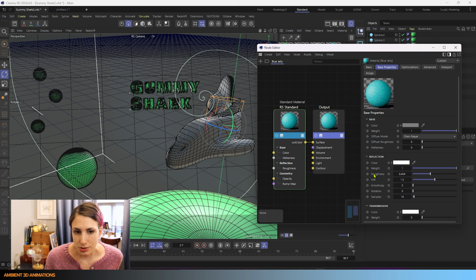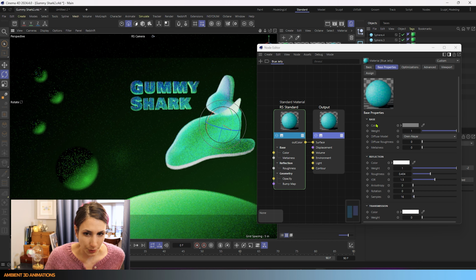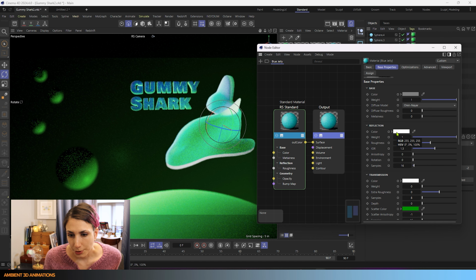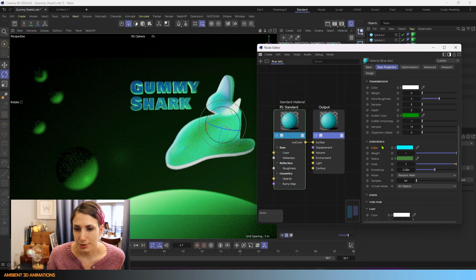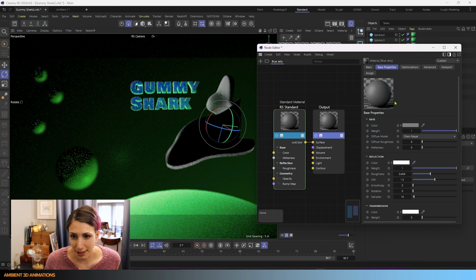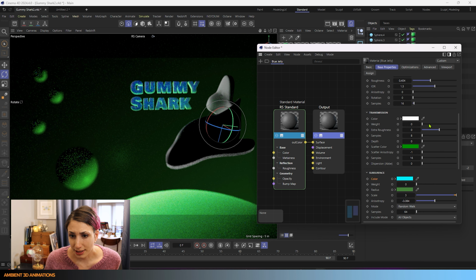Here we are. So we have our diffuse up here. This is a little bit more of an opaque type of material settings up here. You can think of this as what would adjust plastics and such up here, your base diffuse. But what we're working on today is called subsurface. You can control the weight of the subsurface scattering by adjusting this here. When it's set to 1, this is 100% subsurface scattering material. When it's set to 0, it is 100% diffuse up here. So if you put it somewhere in the middle,